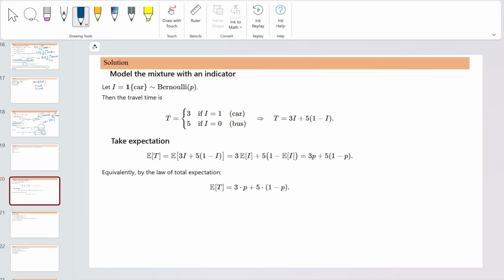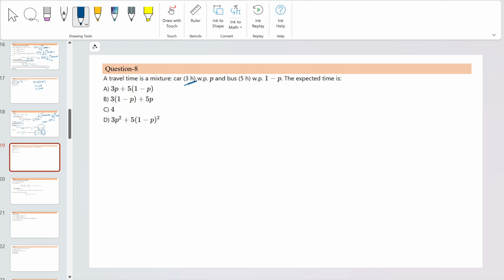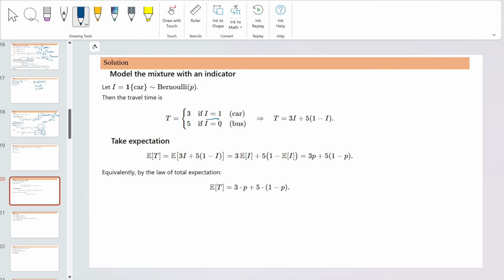Basically, when you see the model, the mixture with an indicator, let's assume that the indicator I is equal to one when it is a car, and it follows the Bernoulli distribution with parameter p. From the question itself, the travel time is 3 hours if I is equal to one, where the car is there, and I is equal to zero when the bus is there. So the total time is equal to 3I plus 5 times (1 minus I). When you take the expectation, it is 3 times the expectation of I plus 5